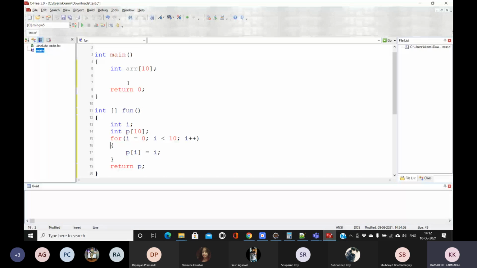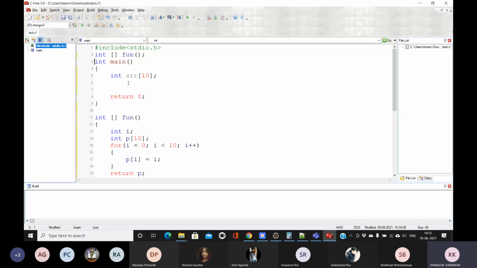Okay, so I am going to declare this function here. So this is the function declaration. Then I'm using the main function, and from this main function I'm going to call this function. So ARR equals fun.